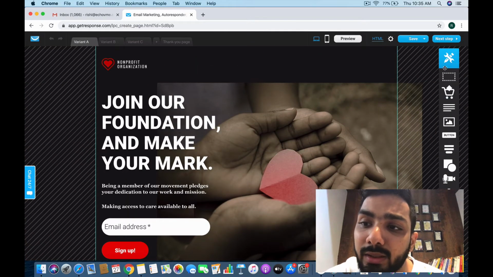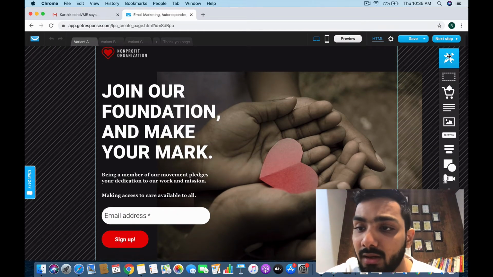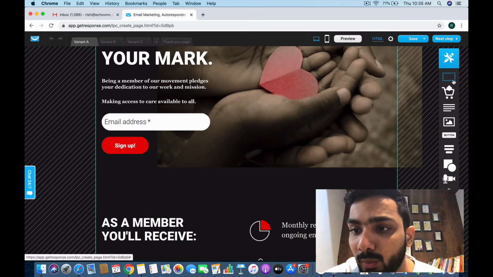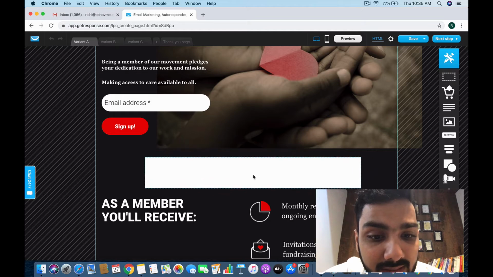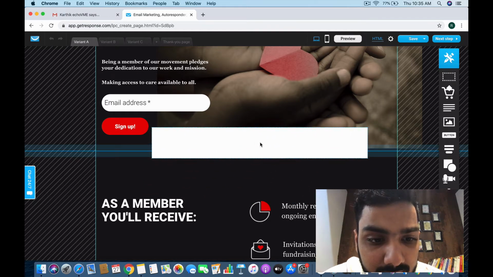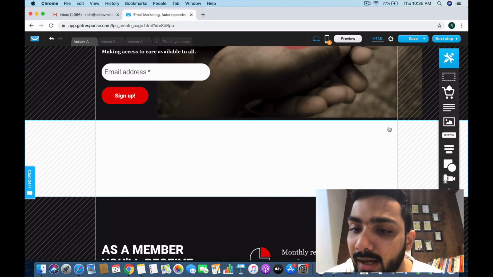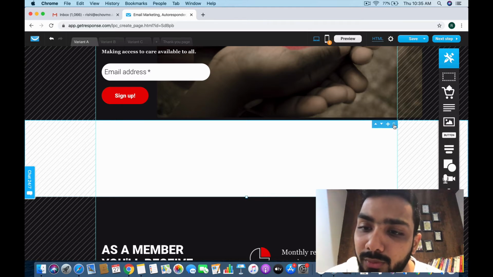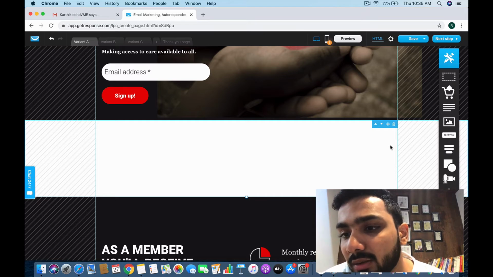Now let's look at the tools on the right. Let's look at the form builders. Let's look at these elements. First things first, the one in the rectangle is nothing but a section. If you want to add another section here, see the blue line that you see, it's going to add a section over here. So I've created another section right now, and if I want to add something, I can add. If I want to remove it, I can just remove it. And if I want to push it above this particular one, this is what the arrows are for. So this is how the section is going to look.